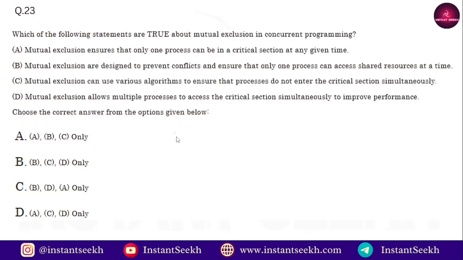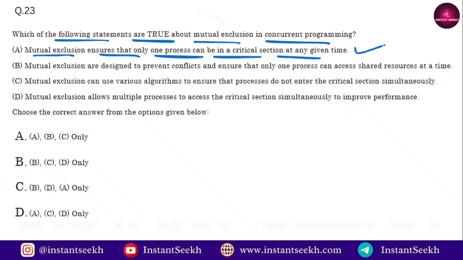Let's move on to the next. Which of the following statements are true about mutual exclusion in concurrent programming? Let's identify which ones are true and which ones are false. Mutual exclusion ensures that only one process can be in a critical section at any given time. Yes, this is right. The major fundamental core